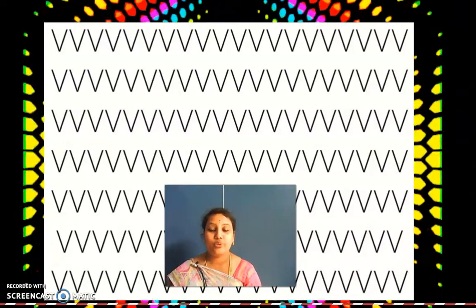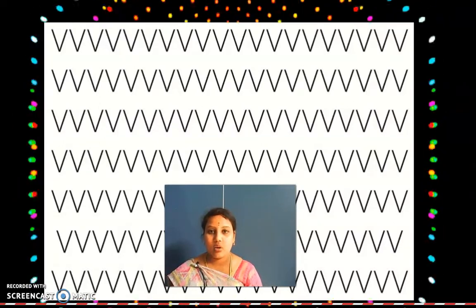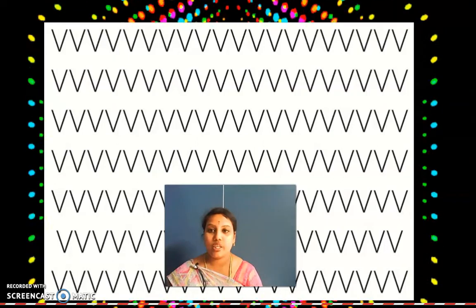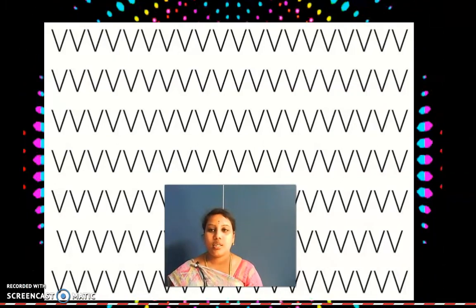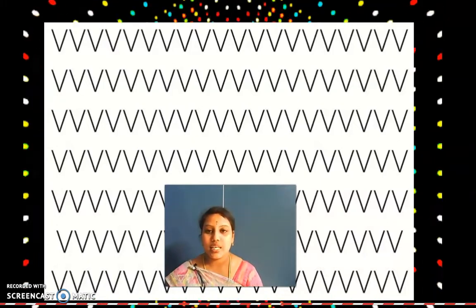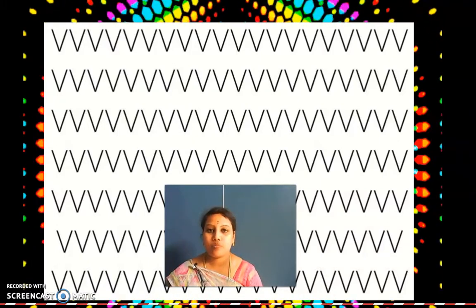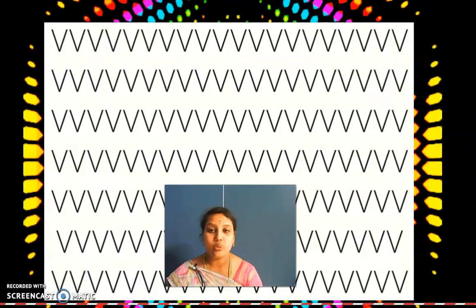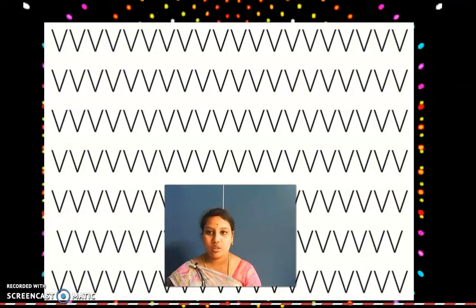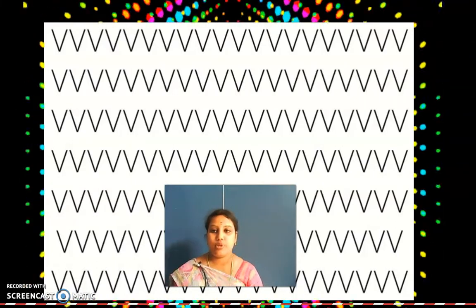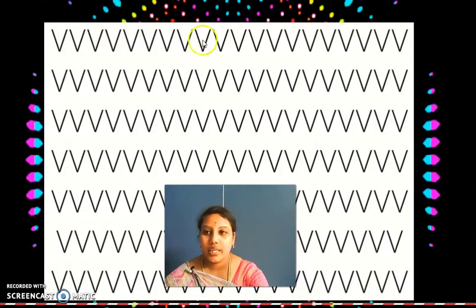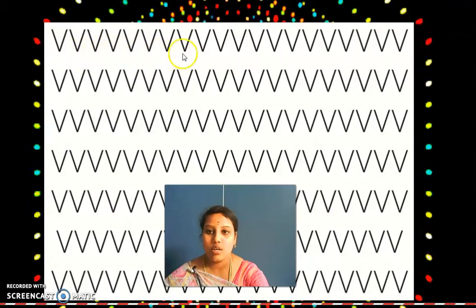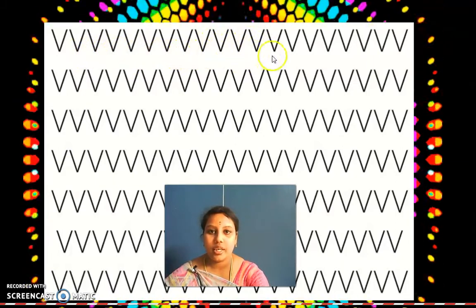But what you have to do? You have to observe. Okay? Observe the picture carefully. Come on. Come on, kids. Start observing. So you're going to find W in this picture. Okay, in this image you're going to find W. So now here in this it is all V. See here. Correct, no? V.